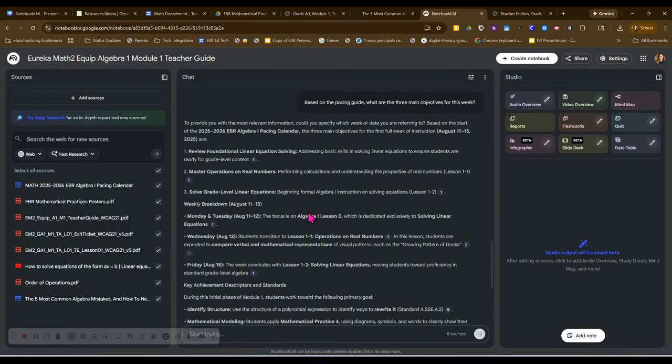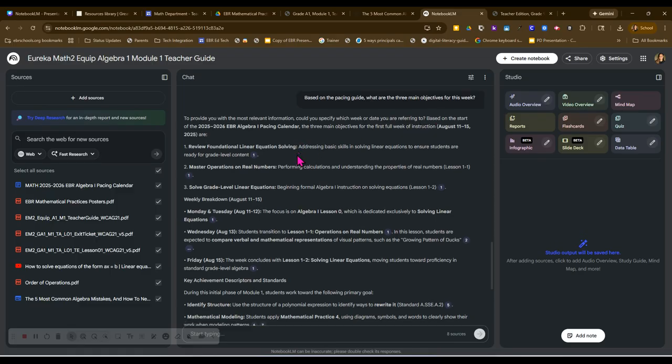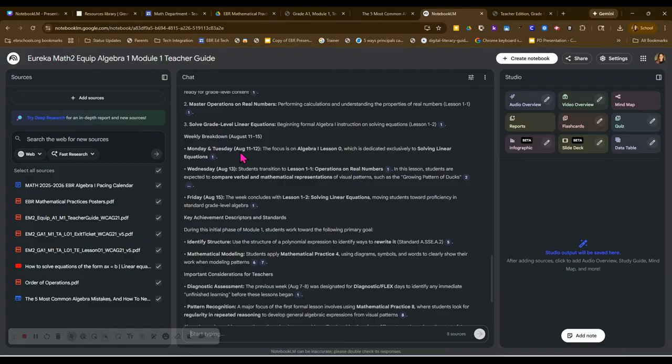Because I use Module 1 for my example here, Notebook LM realizes that today is January 22nd, 2026, which is much, much further away from August 11th to 15th when I was supposed to teach this. So it asks me to specify which week or date I am referring to. Then it goes through, it tells me what I should have done August 11th through the 15th based on what I put into this source. So I can't teach it right now based on the pacing guide that I gave